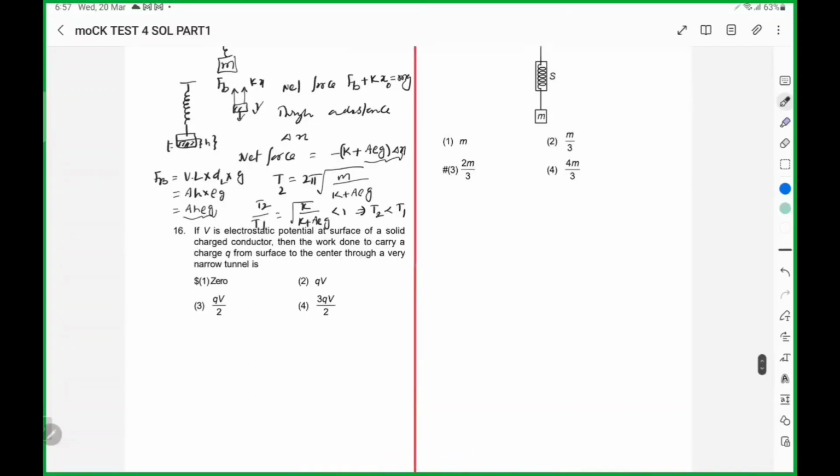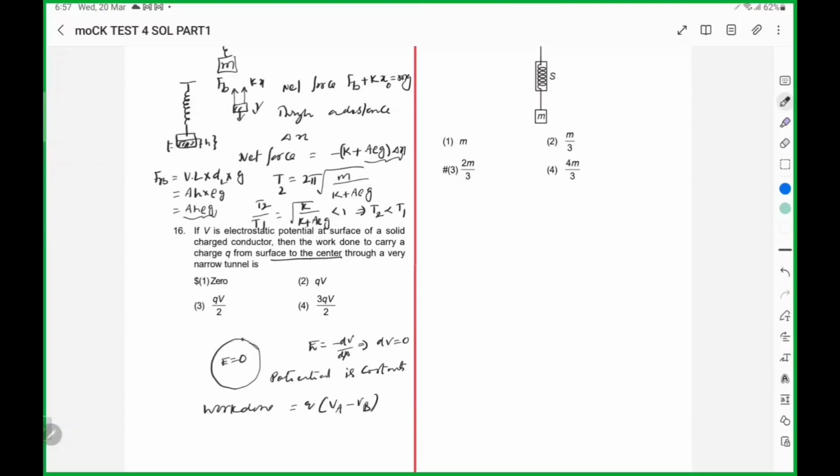In electrostatic potential at a surface of a solid charged conductor, electric field inside a charged conductor is 0. So dV is 0, potential is constant inside the solid charged conductor. Work done is equal to Q times (VA minus VB) to move charge from surface to the center. At surface, let us say potential VA, at center VB, but VA and VB are equal. So work done to carry a charge Q from surface to the center is